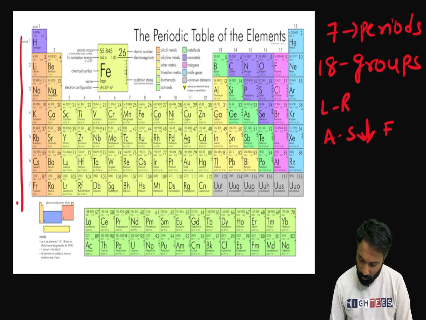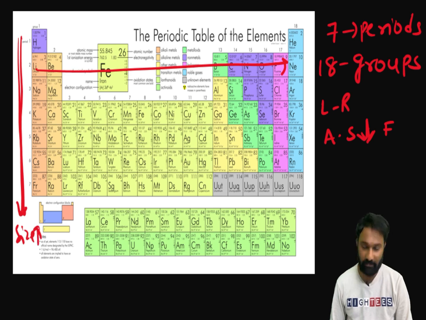If you go from the left to right, size is decreasing. If you go from the top to bottom, what is happening? Size is increasing. Why is the size increasing? Why is the size decreasing? Because you can see when you go from the, now if you go from the left to right,